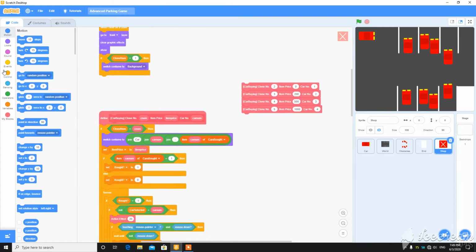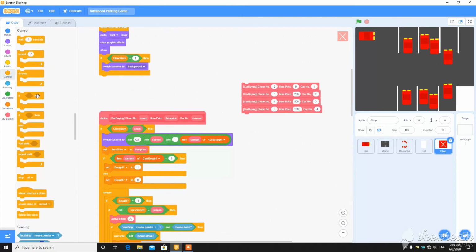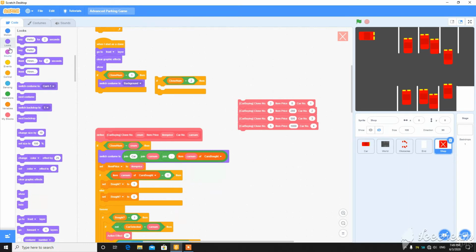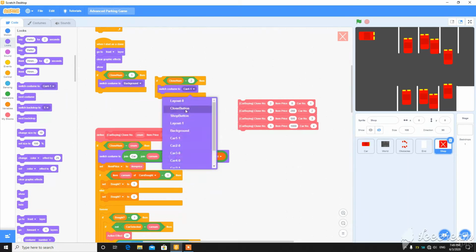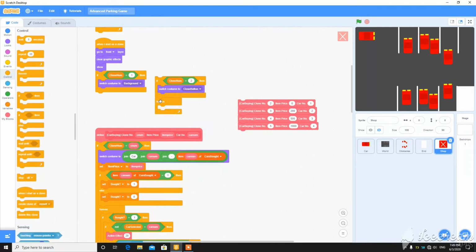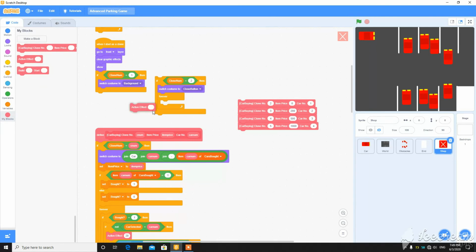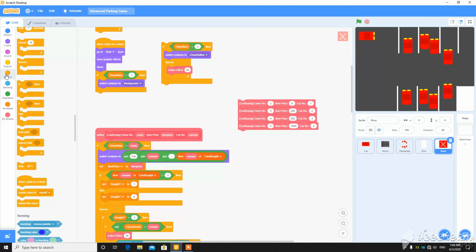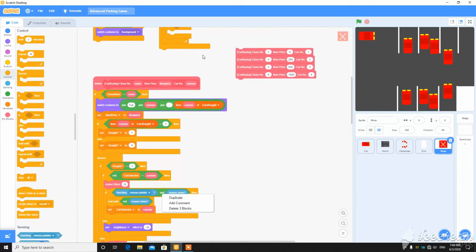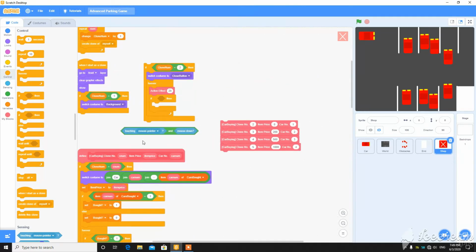So you have to just set the clone numbers again. So if the clone number is equal to 2, then switch to costume close button, then forever add the active effect here 20, and then if touching mouse pointer and mouse down, you can duplicate this from here.